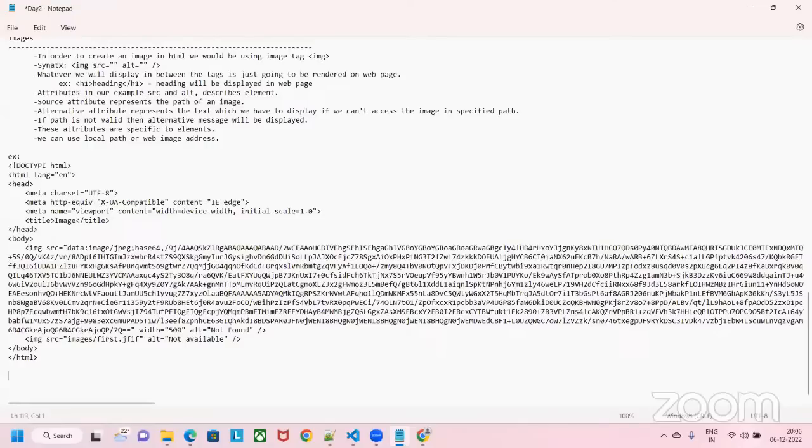We'll see the next topic. Are you clear with images? Because images are very important. Somebody is asking, will the local image be available on the internet? No, your image,